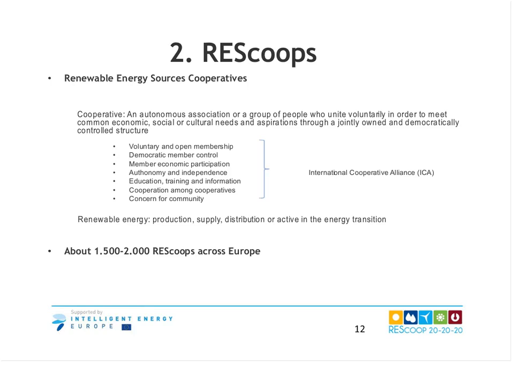The International Cooperative Alliance has 7 main principles. You can see them there. It's voluntary and open membership. The members control the cooperative democratically. There is economic participation, not only financial participation. So this means that cooperatives are not only a financial product, but they also provide, for instance, green electricity to their members. They are autonomous and independent. This means they can't be controlled by a private company or by the government.